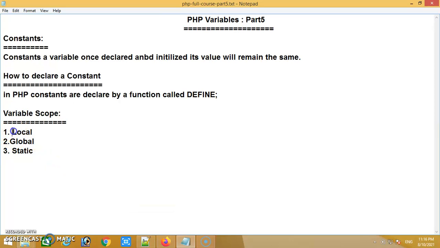A local variable works only in the local unit. If I declare a local variable inside a function, it will work only inside the function, not outside it. That is the working principle of a local variable. A global variable is one we declare outside the function, and we can access it outside the function.